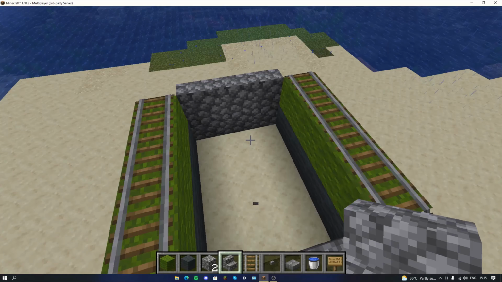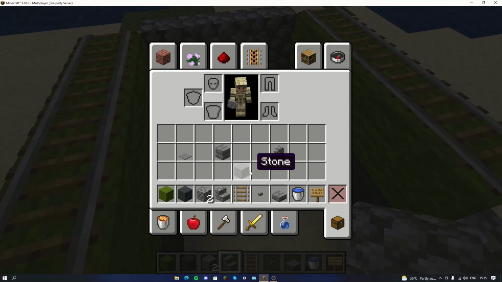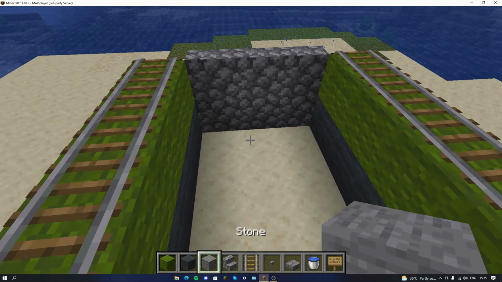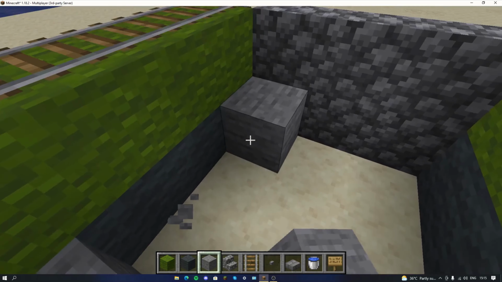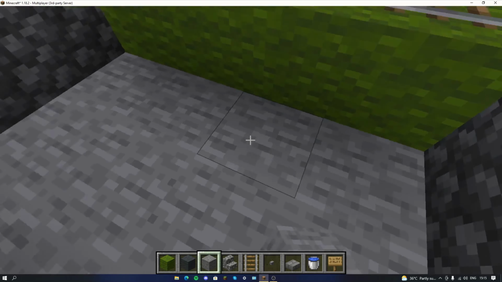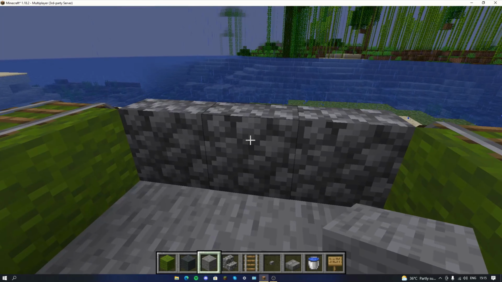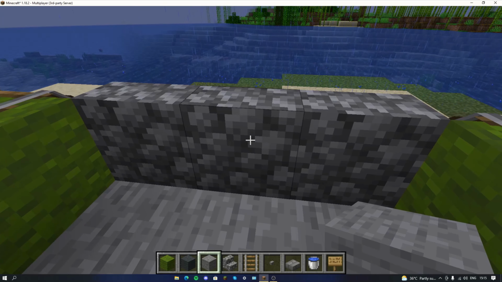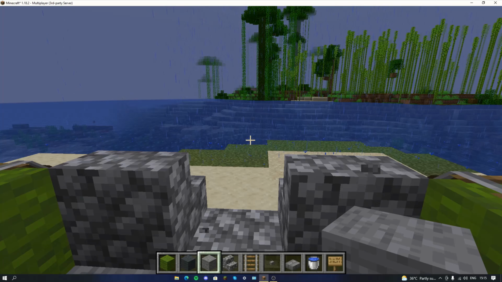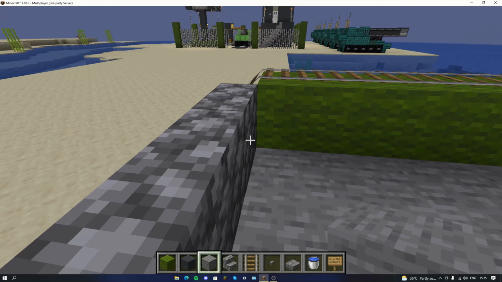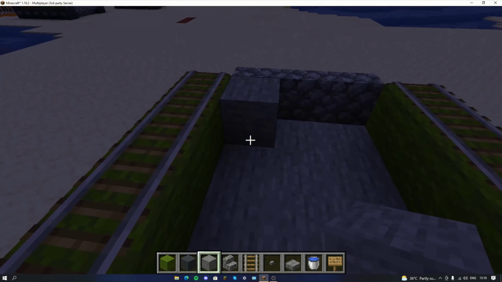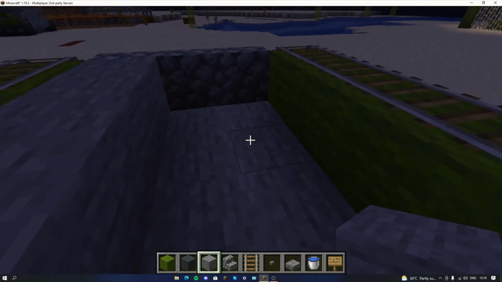Perfect. Alright. So now take out your stone block. I'm going to remove cobblestone for now. And then place them here. Perfect. Then we'll remove this cobblestone stair because we want to shoot there to the rainforest side. So now just place stone blocks here in the side,